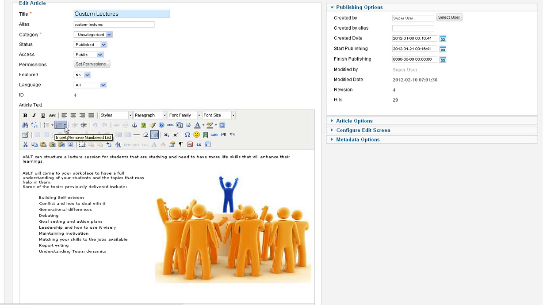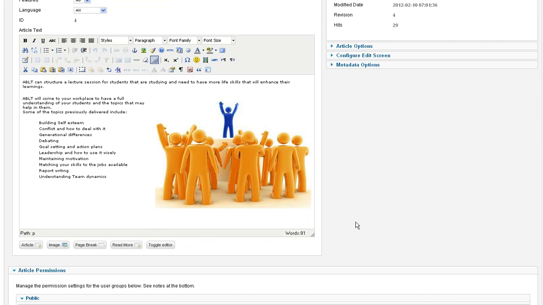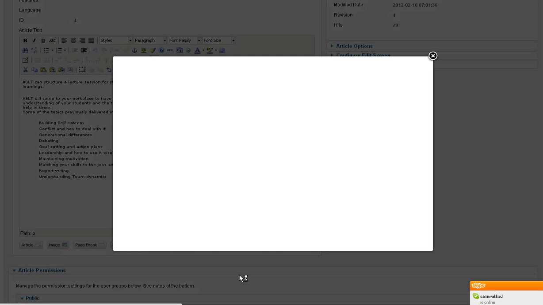Of course, you can do things like bullet points, numbered points, and so on. You can add links and so on, and edit images. In this case, we've got a nice image in this site. The way you add an image into your content is you go down the bottom here, and you'll see you've got an image button. If I click on that,